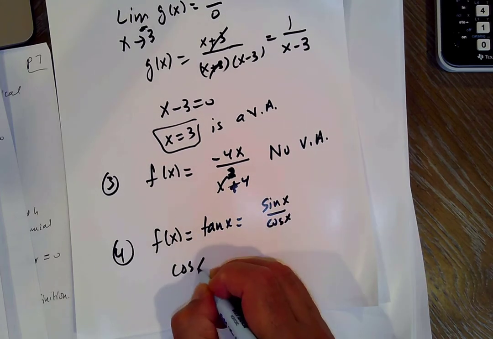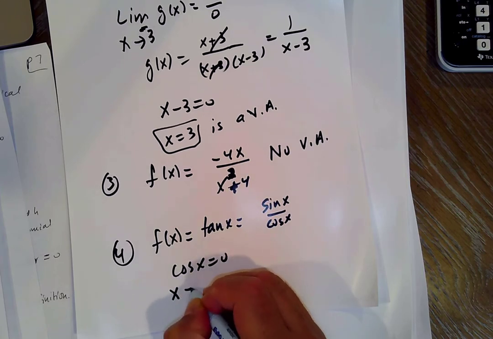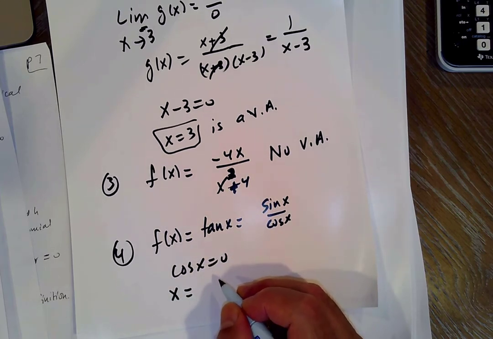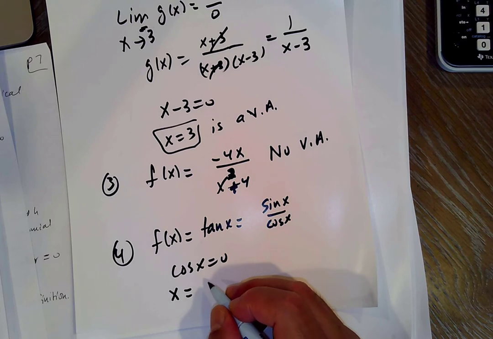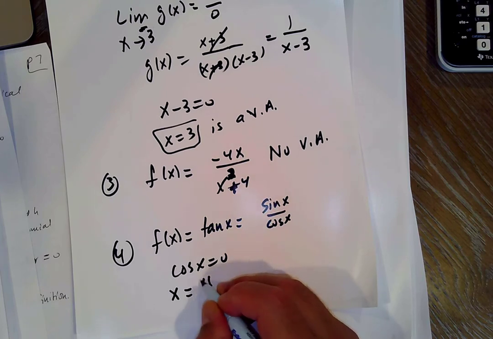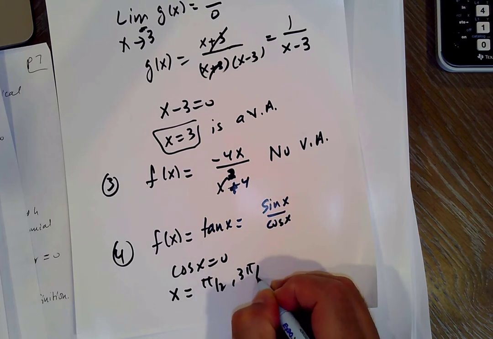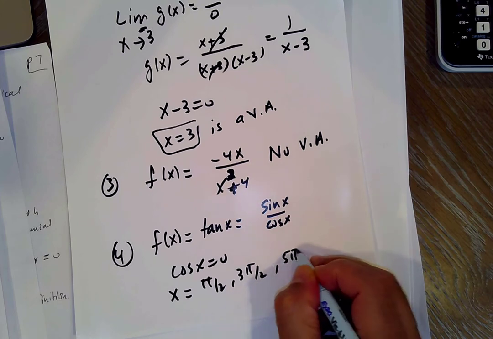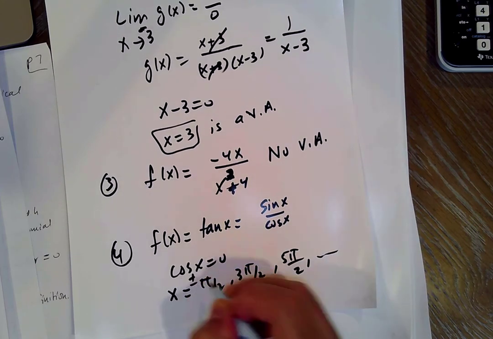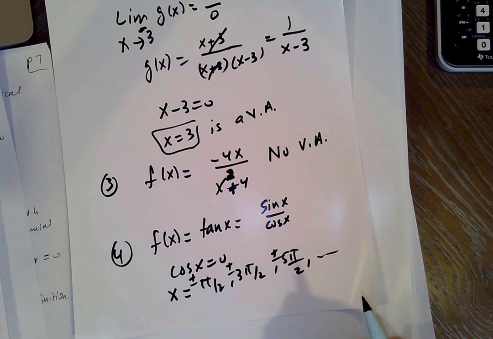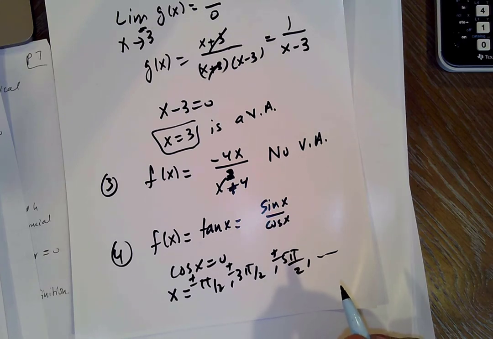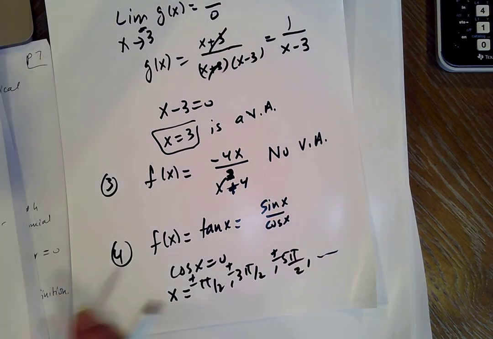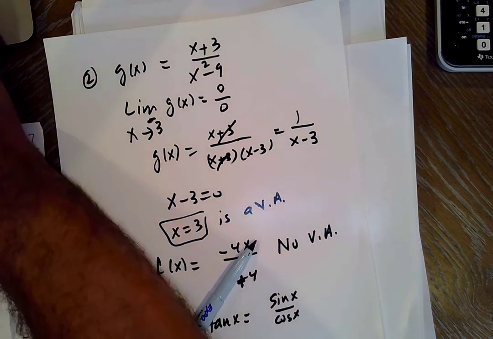So cosine x equals 0, where x is going to be an odd multiple of pi over 2: pi over 2, 3 pi over 2, 5 pi over 2, and so on, plus or minus, of course. Okay, and that's all I wanted to do in terms of